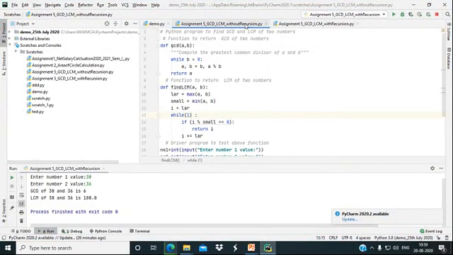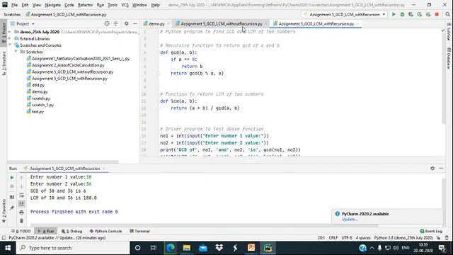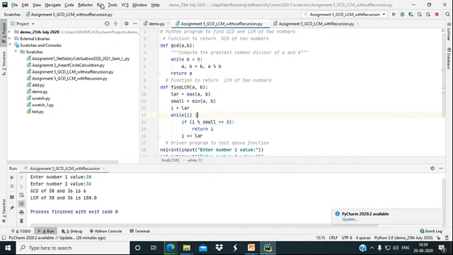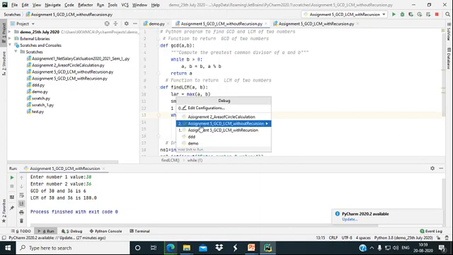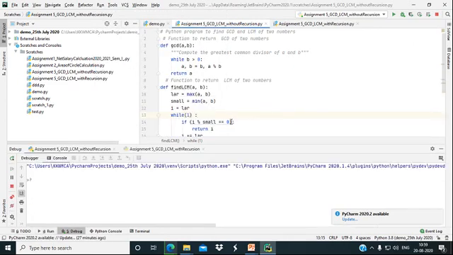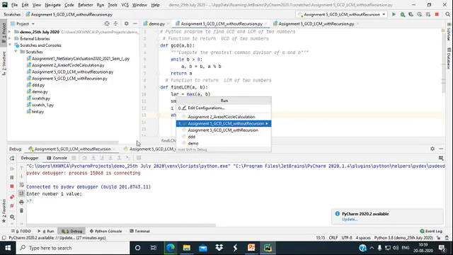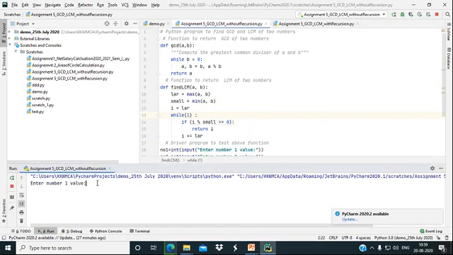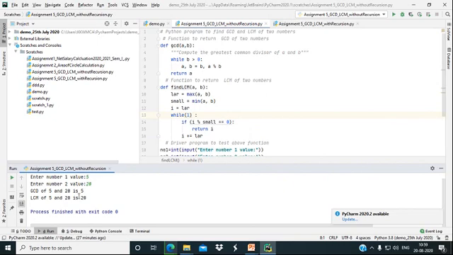For that I am using PyCharm, which everybody already knows. As I said, I have already copied the without-recursion program and the with-recursion program. You can see them on my screen. The same programs I have copied are the ones I explained to you. First we use the without-recursion program. I have debugged the program and now I am running it. If I give 5 and 20 here, we get the output for the GCD and the LCM, as I already explained. This is for the without-recursion program.